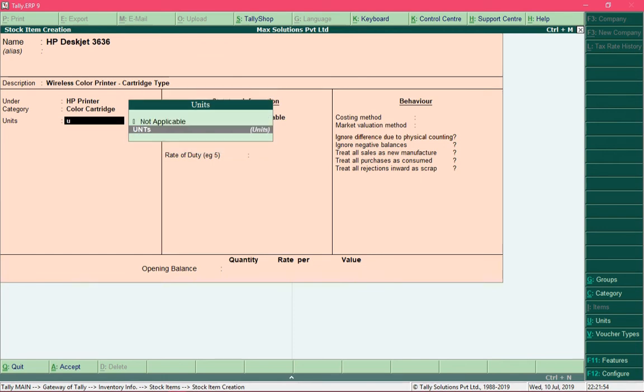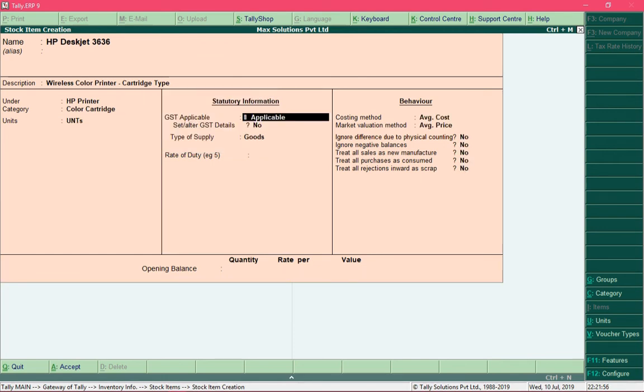So I'll select the type of the unit. I need not enter this information, and I will keep the costing method and market valuation methods at the default values and create the stock.